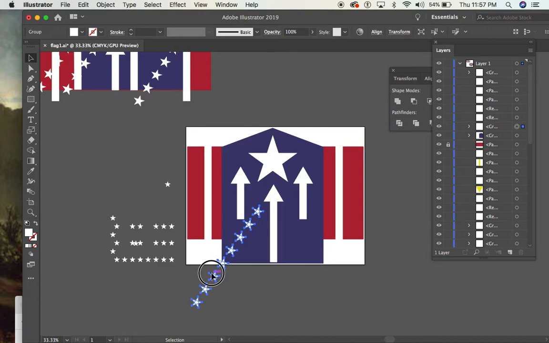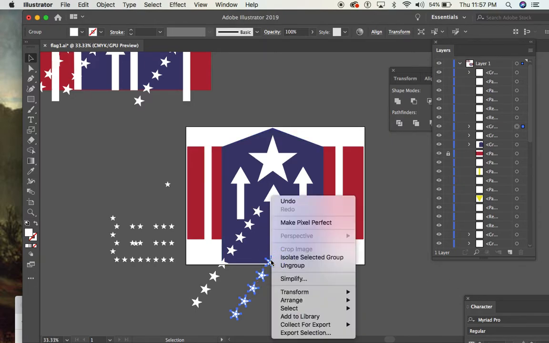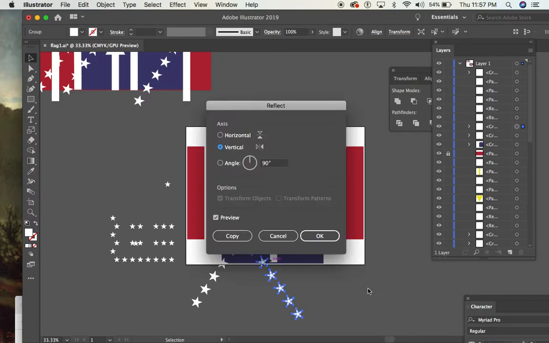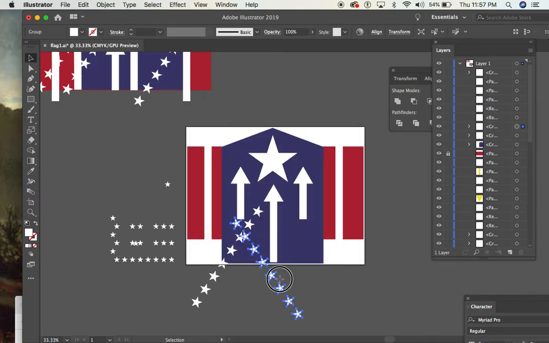Duplicate, Option click drag, or Alt click drag, Command T. Oops, sorry about that. That'd be in the Photoshop. Right click, transform, reflect. Okay. And bring these stars over here. Alright, so looking pretty interesting. That's pretty